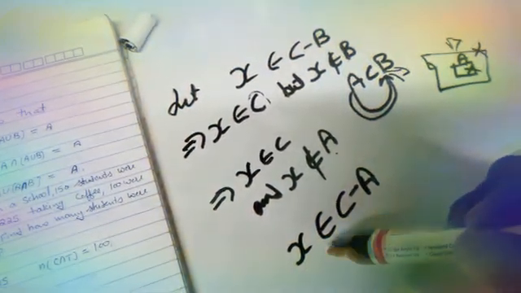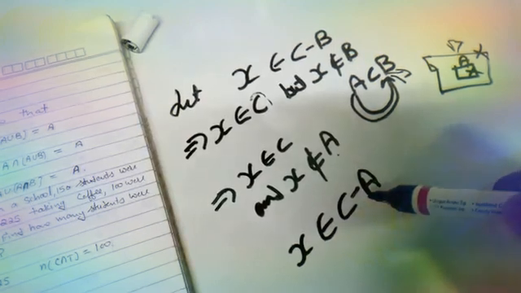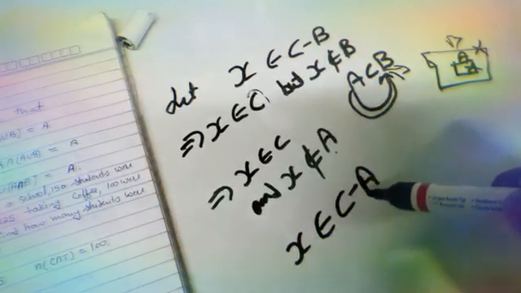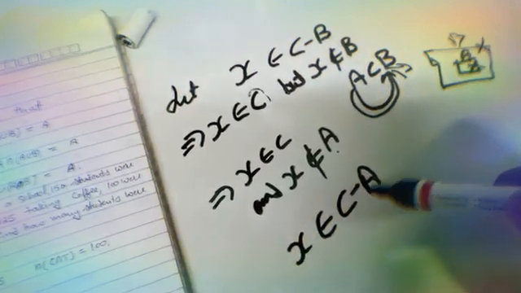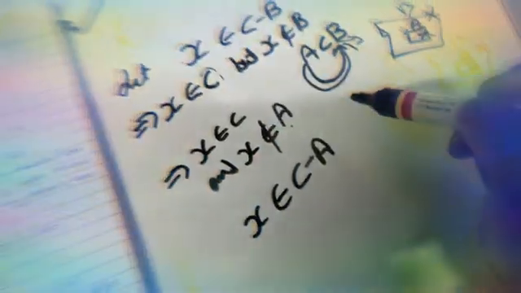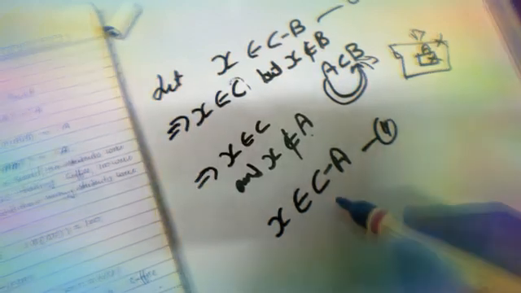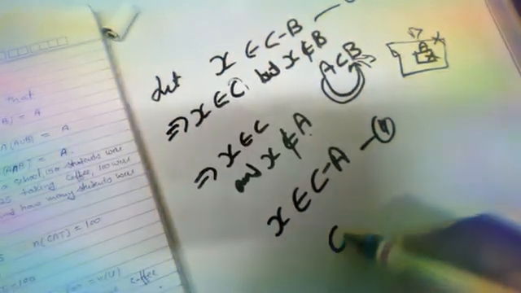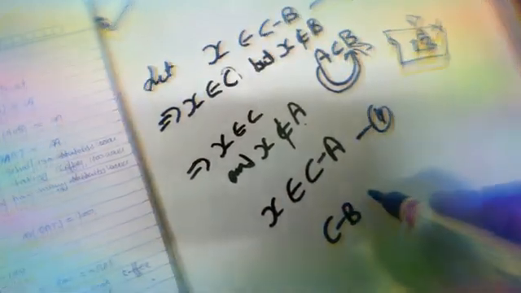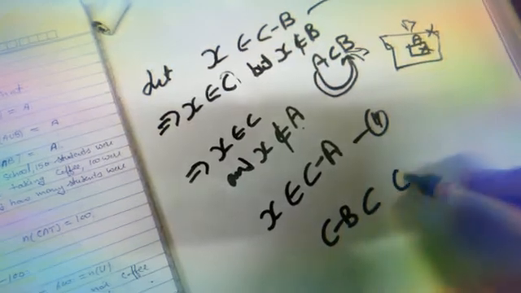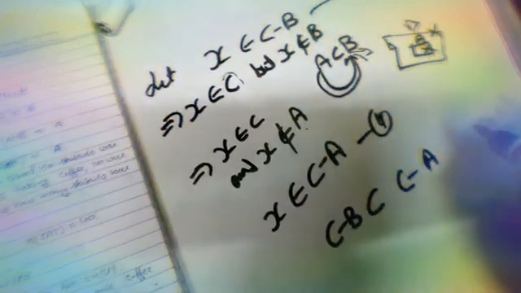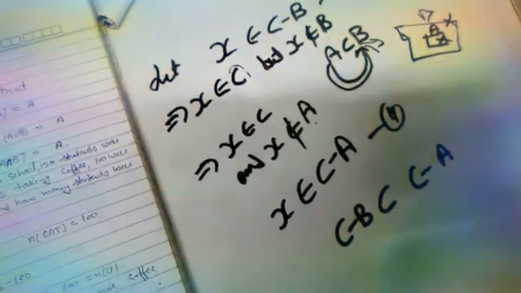Now it means X belongs to C minus A. So from here we can see that this is 1, this is 2. We can see that C minus B is a subset of C minus A, and hence proved. So now the next question is